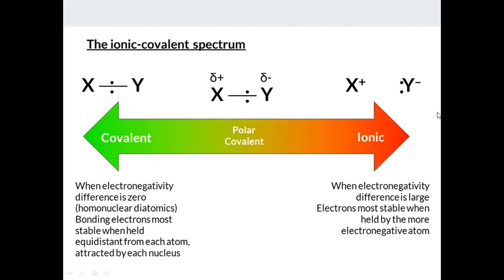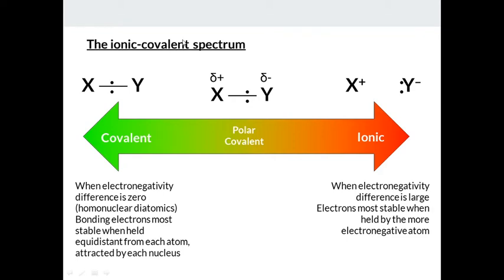So what we have to understand about ionic and covalent bonds is that fundamentally they are just two ends of a spectrum that many can consider to be fairly continuous. On one end is the covalent side of the spectrum, when the electronegativity difference between the two atoms is zero. For example, for homonuclear diatomic molecules where the two atoms are from the same element, the bonding electrons are more stable when held equidistant from each atom, attracted equally by each nucleus. And the bond energy is the